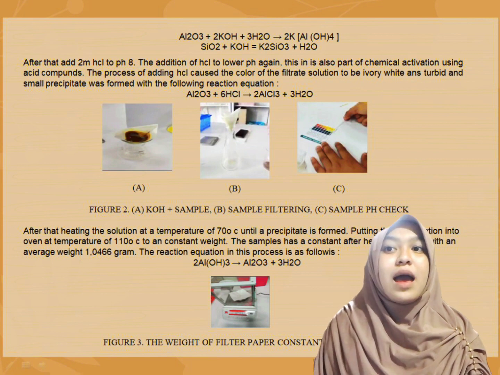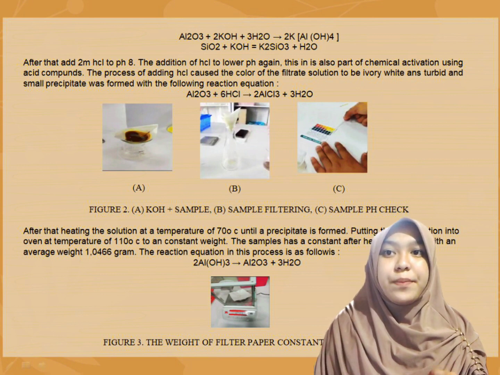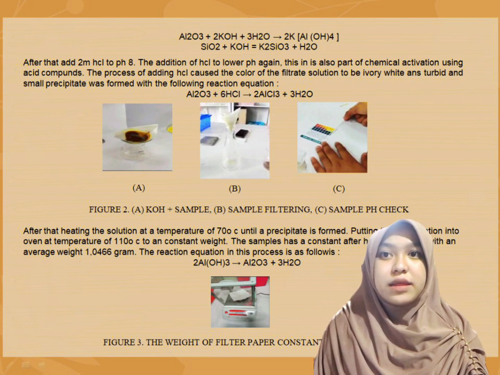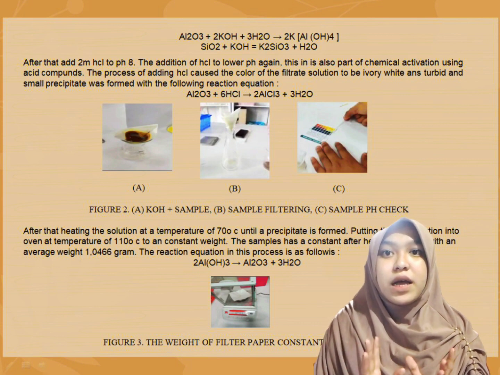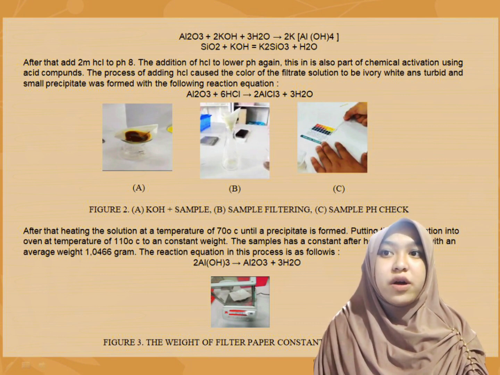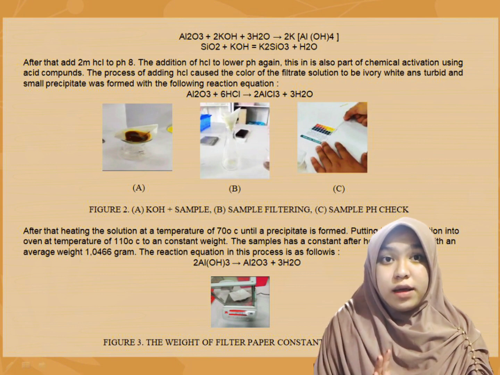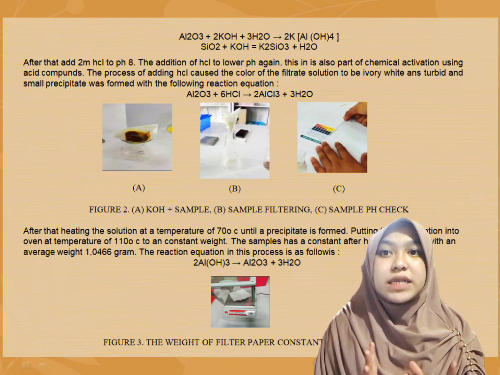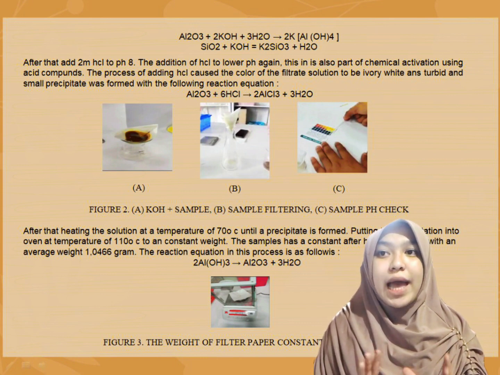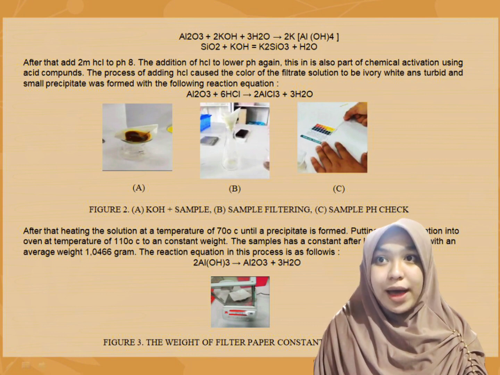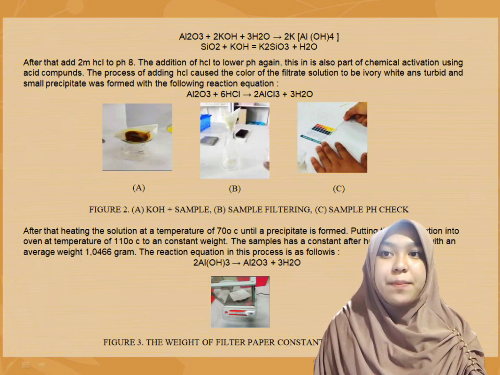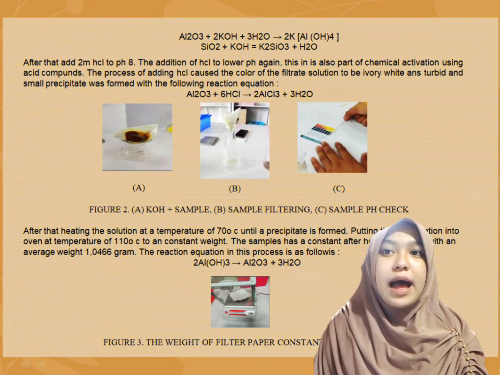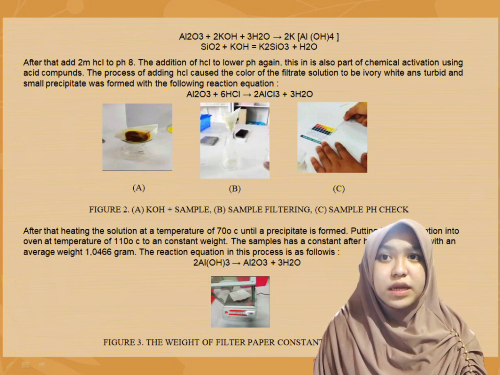H2O. After that, heat the solution at a temperature of 70 Celsius until a precipitate is formed. Put the precipitate into the oven at a temperature of 110 Celsius to constant weight. The sample reached constant weight after the heating process with an average weight of 0.1048 gram. The reaction equation in this process is as follows: 2 Al(OH)3 produce